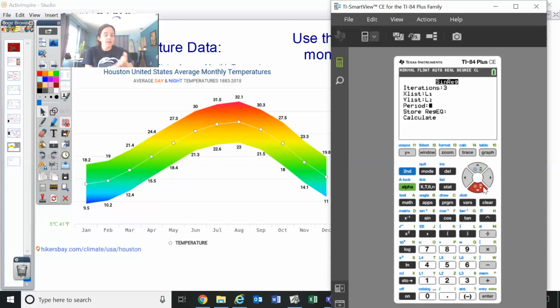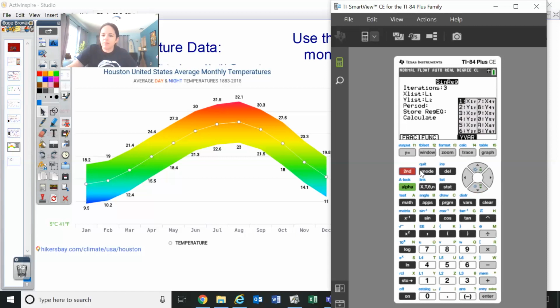So we could type in a period of 12 here, and then we could see what that would give us versus not typing in any period and letting the calculator find the period and telling us what it gives. We're just going to leave it blank, and we're going to see what the calculator tells us it is. Store a regression equation. If we would like to see that stored in Y1, then we could choose to store that regression equation in,